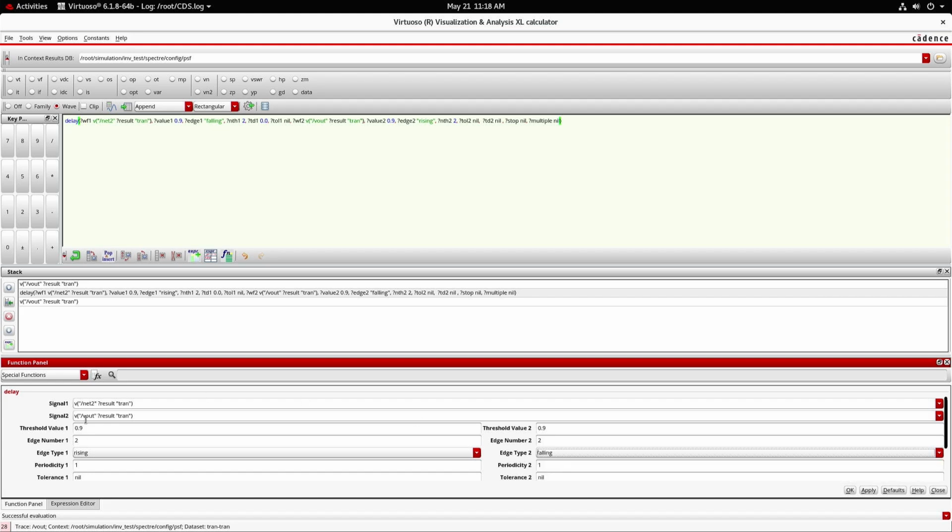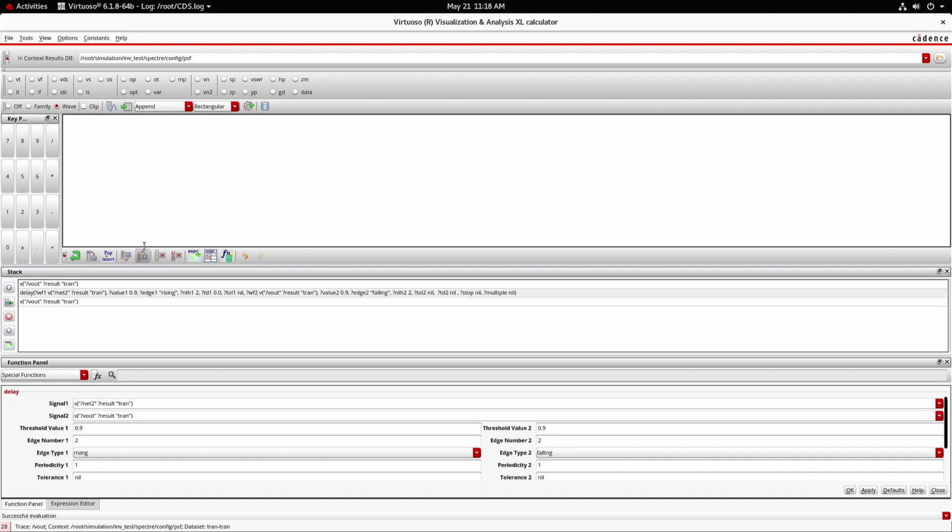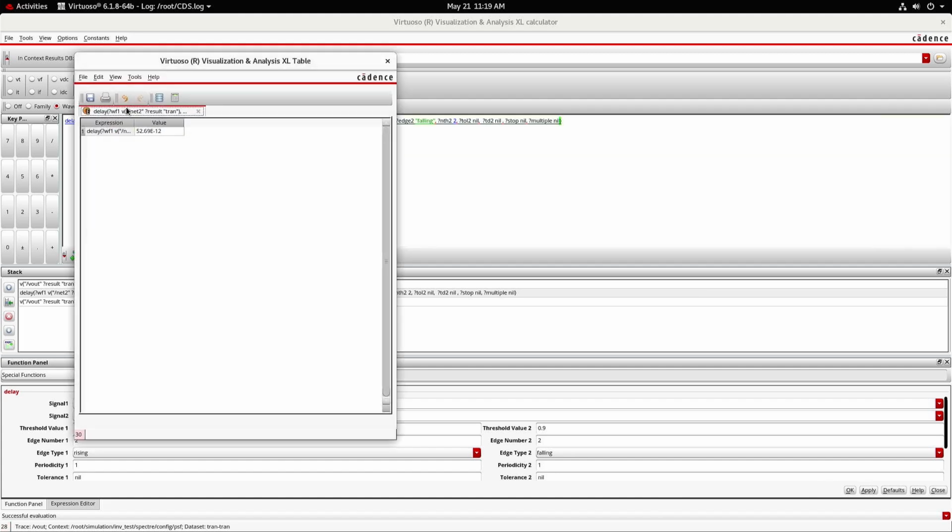That is, the setting is input is rising, output is falling. Earlier setting you have to delete from the buffer, apply the new setting, then evaluate by clicking on this button. It is showing 52.69. Earlier it was 35. That is, both the delays are increased, and now the total delay is the average of the two.